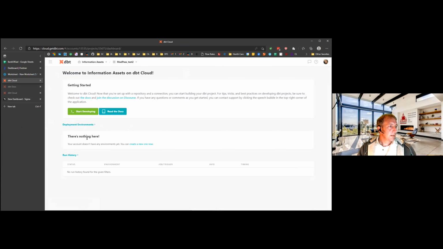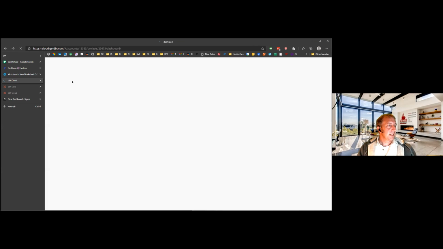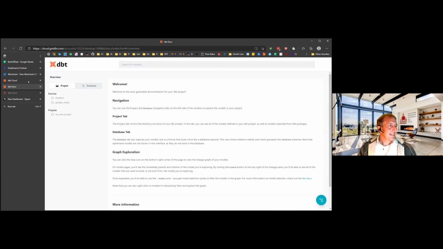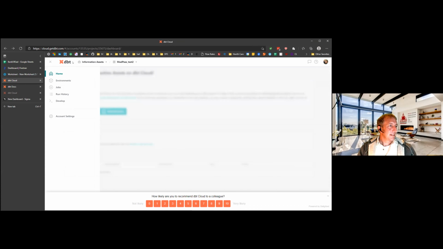Let's see. Oh, wow, I forgot how to create a new project, and I just did this yesterday. I could click around, unless somebody who uses dbt on a regular basis remembers how to create a new project. Just tell me where to do that. I don't create a project often, but it might be in your environment or account settings.